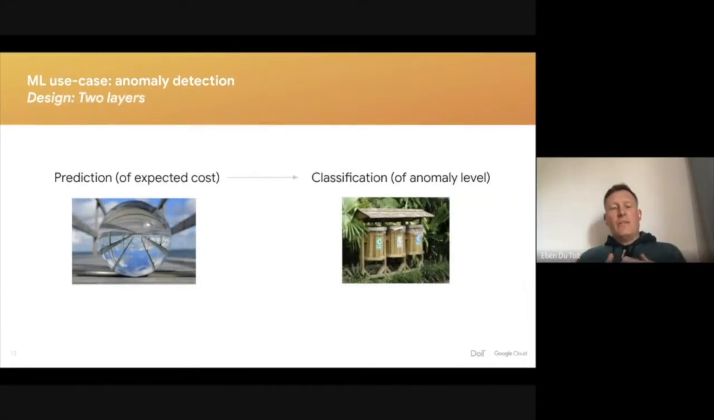The system at DoiT has 2 layers. The first layer is what we call a prediction of the cost. The premise on which this is built is that you have a system that could predict what that average behavior should look like. And then if you predicted something, you then decide, with the predicted average and the value that you really got from the billing, are those 2